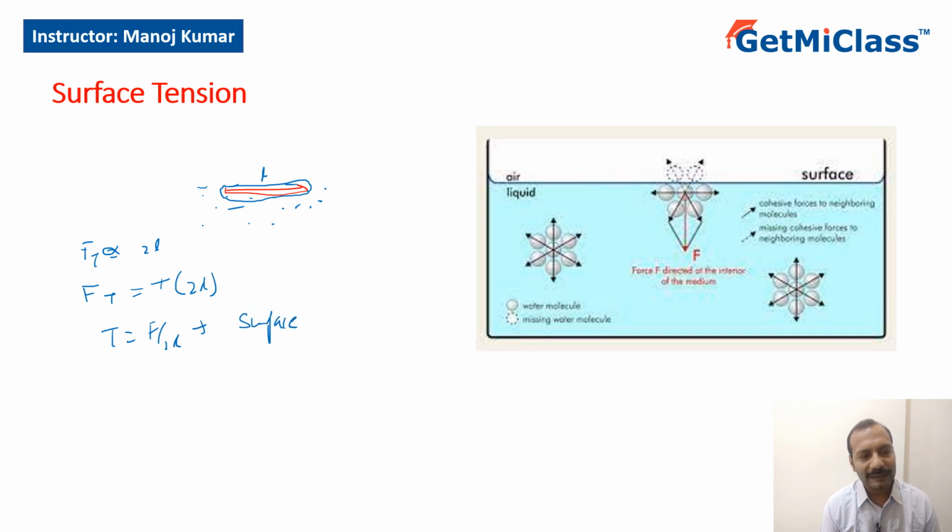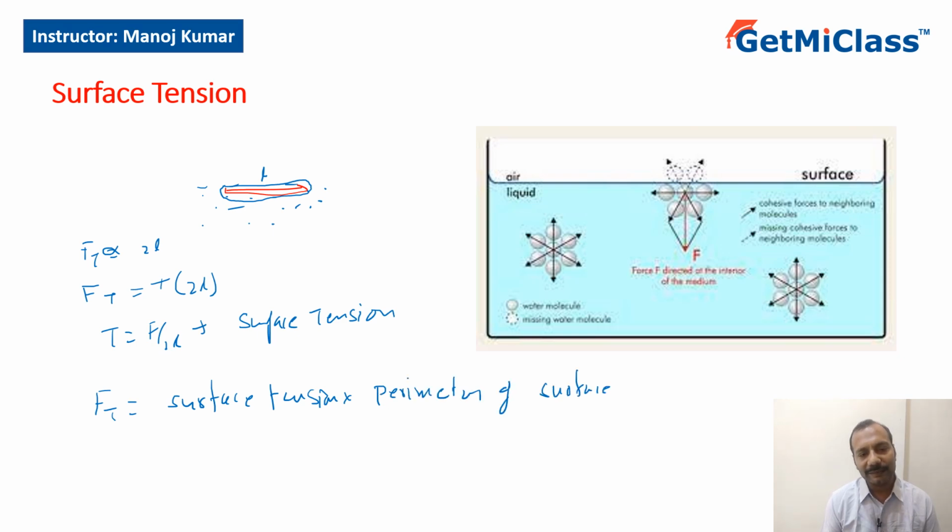This is the parameter which gives the measure of surface tension of a liquid surface. So, the force applied by a liquid surface on an object which is placed on its surface is equal to surface tension into perimeter. I can say force due to surface tension is equal to surface tension into perimeter of the surface. Now, I can generalize this